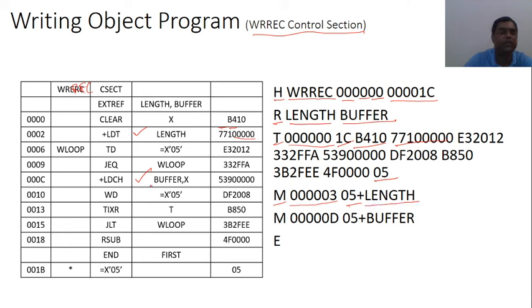Now the next modification record will be at this position. What will be the address of this modification record? Because this starts from 000C, the address corresponding to 53 is 000C, corresponding to 90 is 000D. So our modification record is at 00000D, and I have to perform the change in 5 half bytes. So it is written here 05, and what I have to do, just add the value of BUFFER here, +BUFFER. And at last E is written because this is a control section, not the main program. That's why the address is not written here.